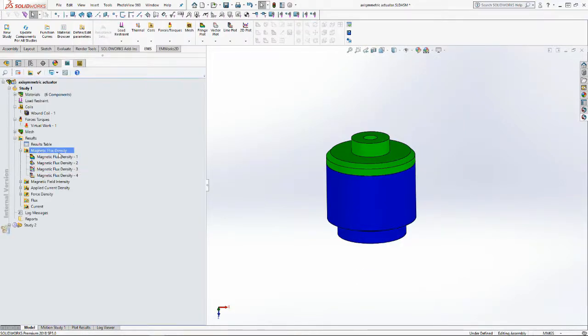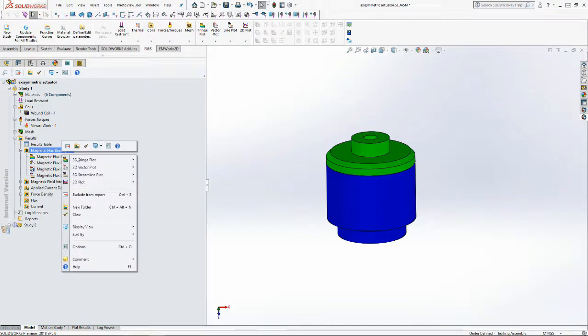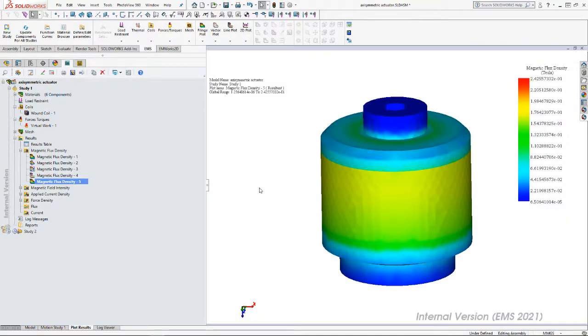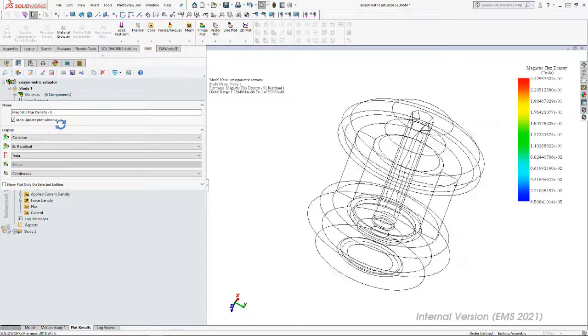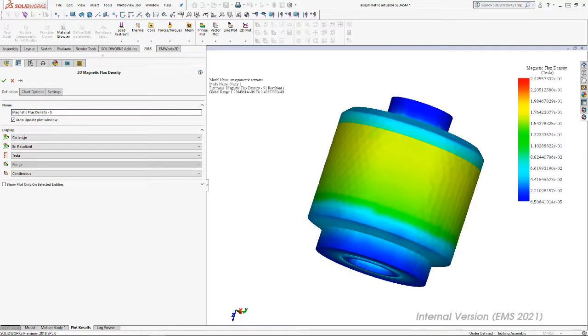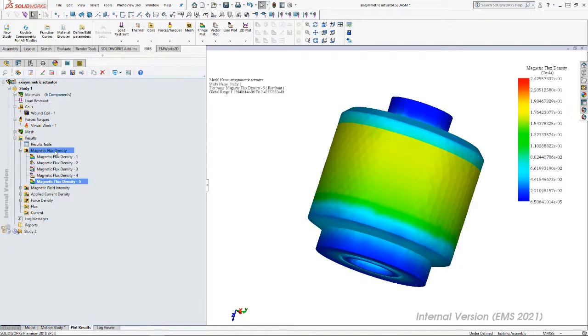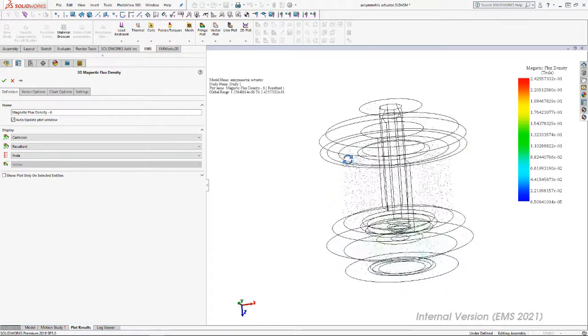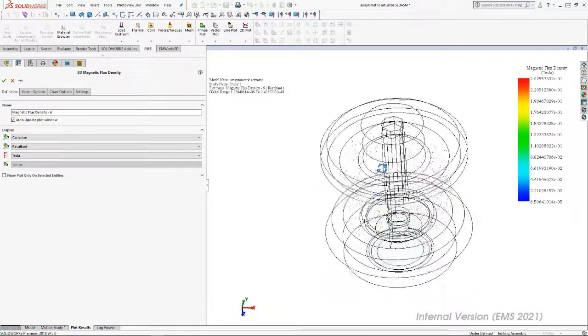Go here. Okay, we have several plot options. We have a fringe, vector, streamline plot, and 2D plot. So let's try to see a fringe plot. This is a fringe plot. As you can see, this is the plot of the magnetic field. Let's see a vector plot. So this is a plot of the magnetic field with vector plots,